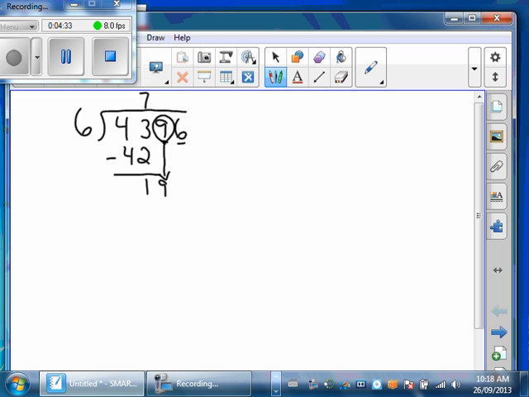Okay, so now this number becomes 19. 6 into 19, well, we know that 3 times 6 equals 18. And when we subtract, we're left with 1. Now we can go back for our other number, which is a 6, and we can drag that number down here. So remember, we only drag one number at a time. And is there a number times 6 that gets us close to 16? Well, the closest we can get is 2, because 2 times 6 is 12,